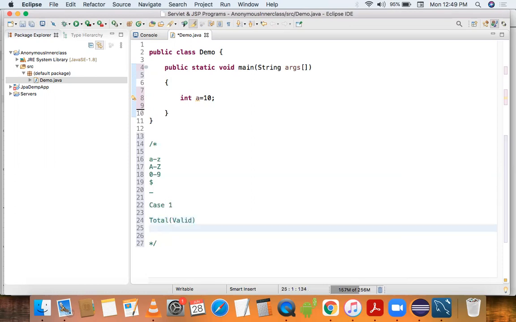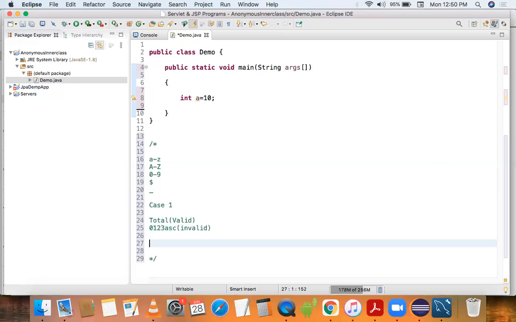But if I use 0 1 2 3 A B C, this is an invalid identifier because we cannot start any identifier from a numeric value. So this is our first rule.